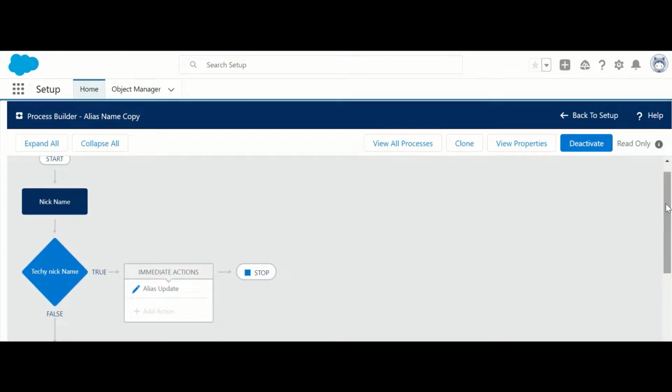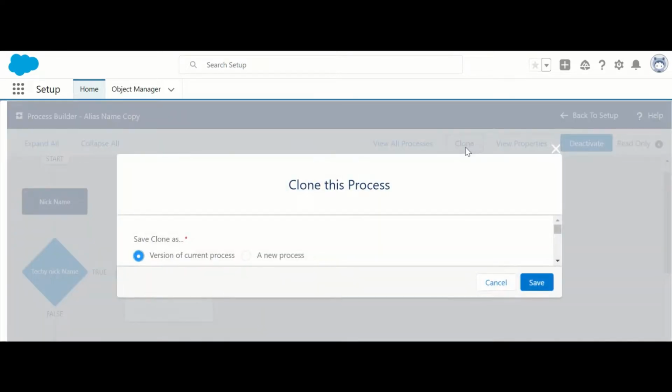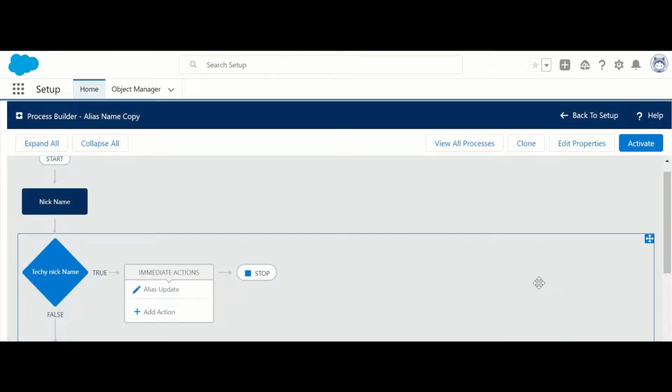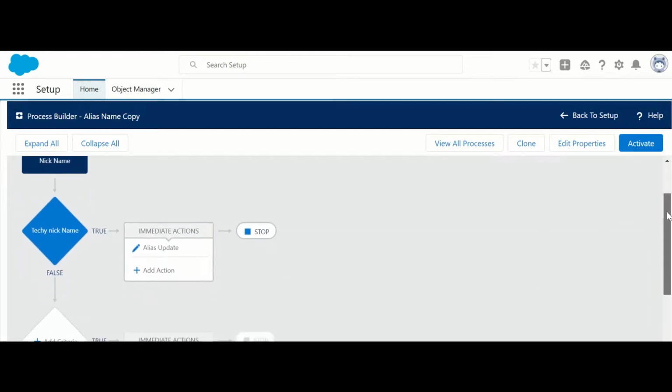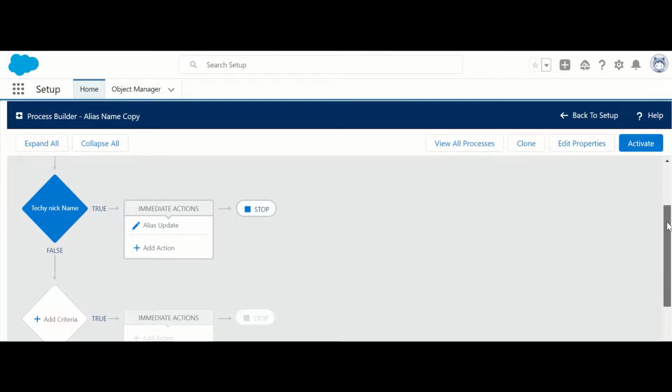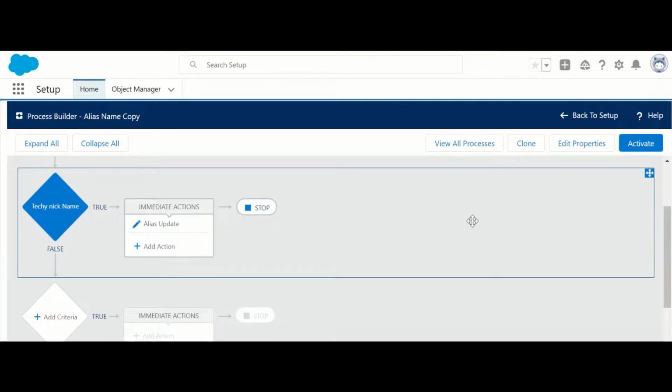To create a new version, you can clone this and save clone as version of current process. So save this. Now a new version has been created. Now we will update this section in this version.